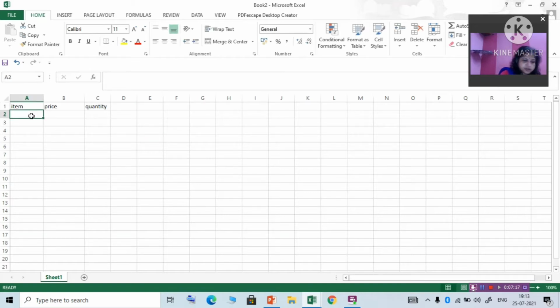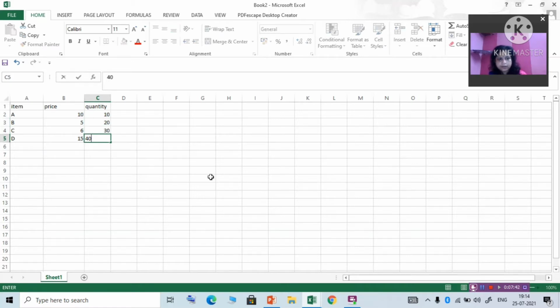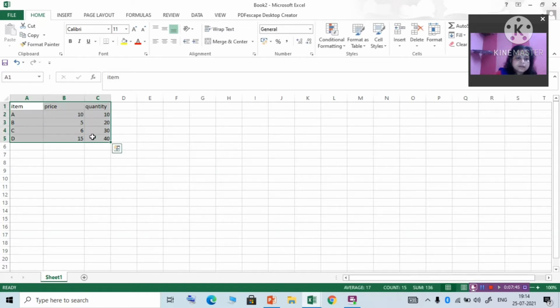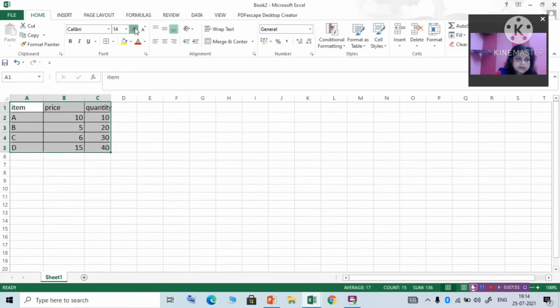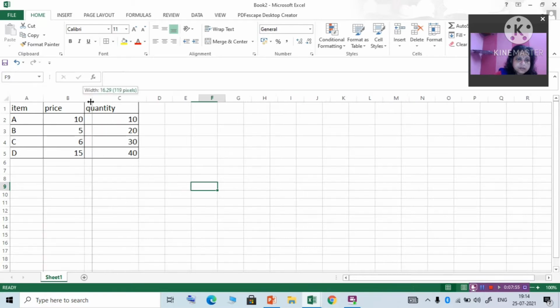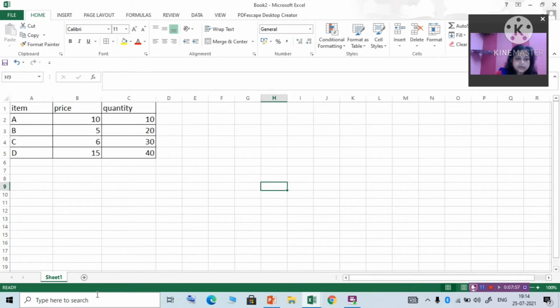Item, anything you can take. Suppose this is one workbook and I have kept some data.